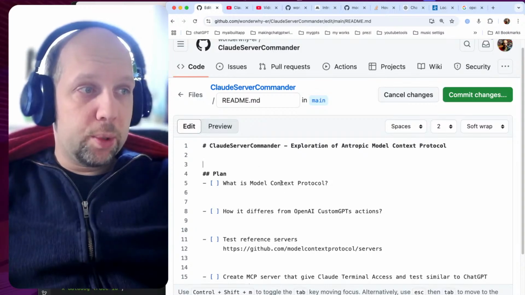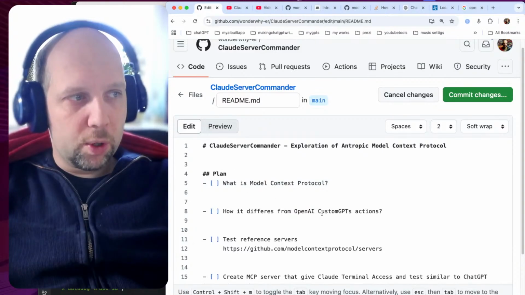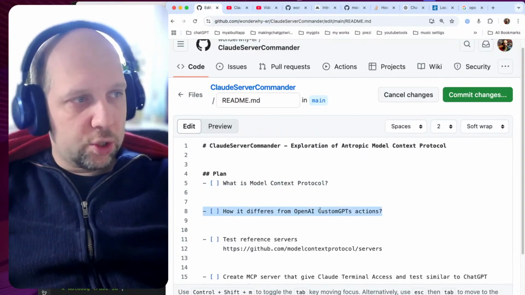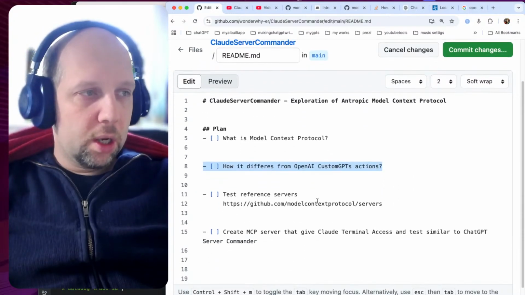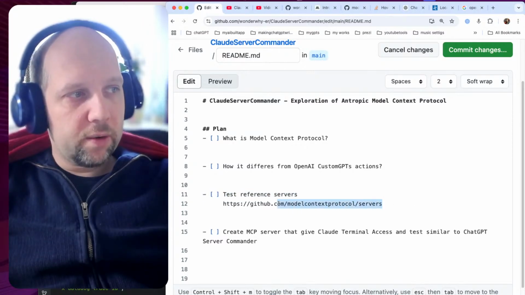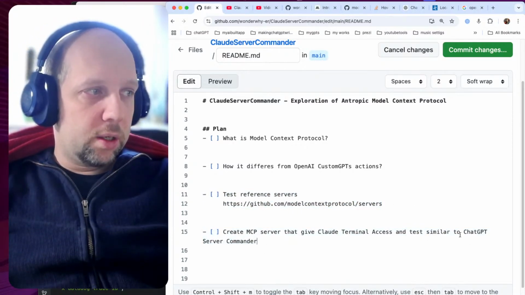I will be exploring what the Model Context Protocol is and making some notes. I will be making notes on how it's different or the same as OpenAI custom GPTs actions. We will test some reference servers they have here, and we will try to make our own server, replicating something